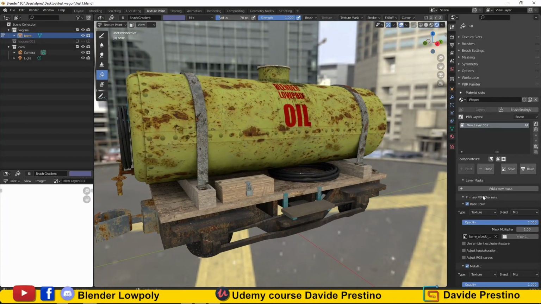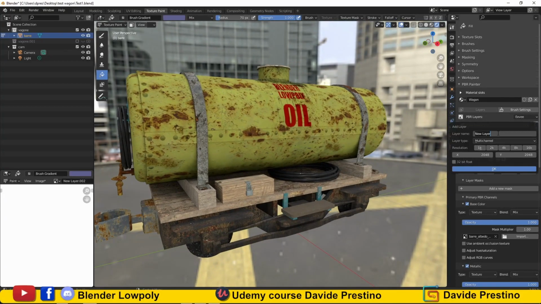At this point we can still work on our material, add dirt, effects and secondary details. With the same procedures done previously.